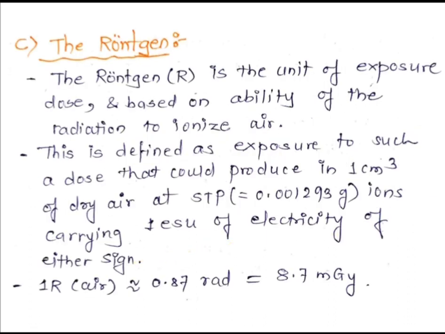Now we will see the third unit, the Roentgen. The Roentgen is denoted by capital R. The Roentgen is the unit of exposure dose, and it is based on the ability of the radiation to ionize the air. So when the Roentgen unit is used, it is used for the exposure dose, and it is defined as the exposure to such dose